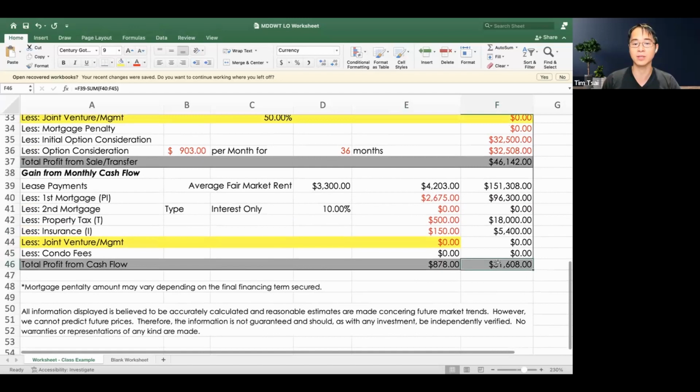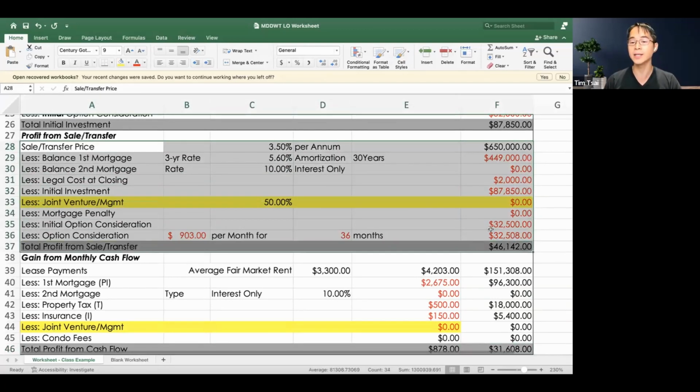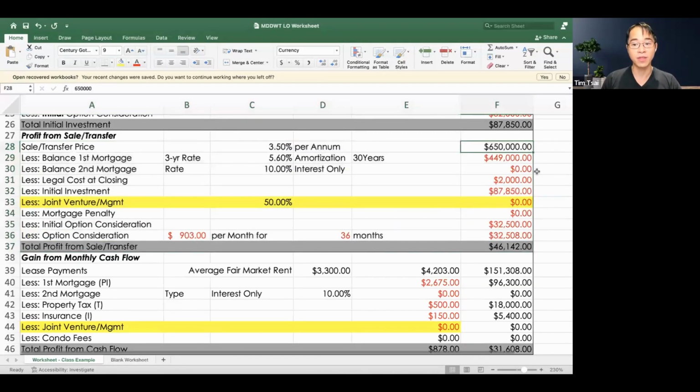So these are all the same numbers that we've already done on the flip chart. However, I'm just wanting you to get a little familiarized with the spreadsheet first before we go any further, okay? And so at this point, option consideration for 36 months, let's go back up to the sale price, which is their option to purchase price. And we set it at 650,000, okay? And then the mortgage balance is 449, and legal cost at closing is 2,000. And then we give them their initial investment back, and then